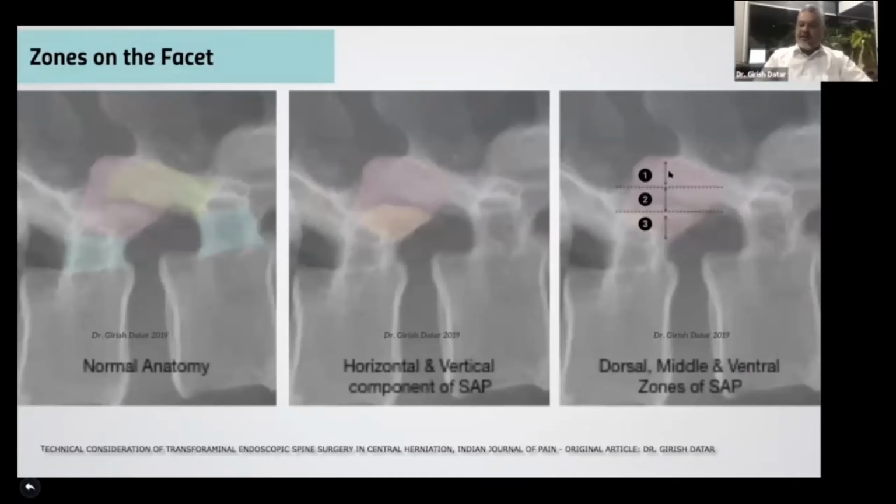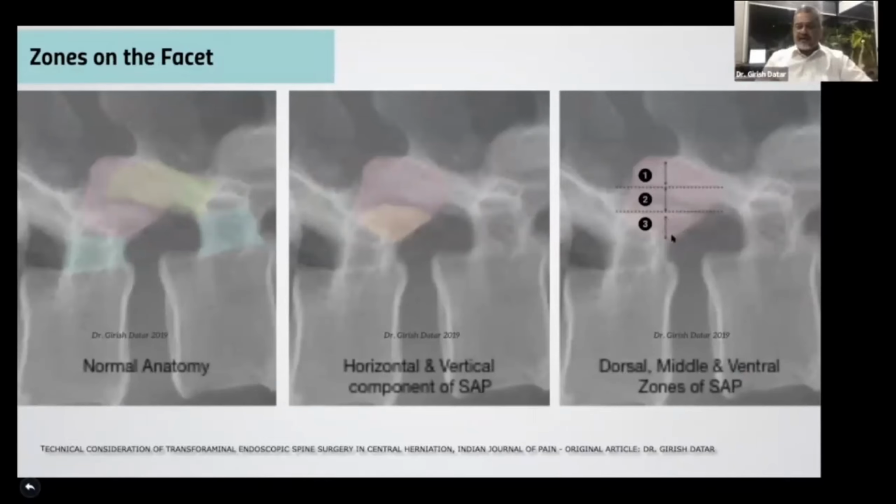You never enter zone 1, because foraminotomy at the level of zones 2 and 3 will be a limited foraminotomy, whereas foraminotomy in zone 1 will be an extended foraminotomy, as this will take off not only the superior articular process bone, but also the articular surface of the superior articular process. And this kind of extended foraminotomy is used only in very severe stenosis or in conditions where you need a larger Kambin's triangle or access, especially for interbody cage placements.